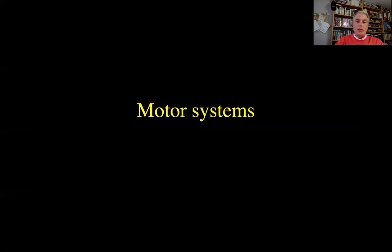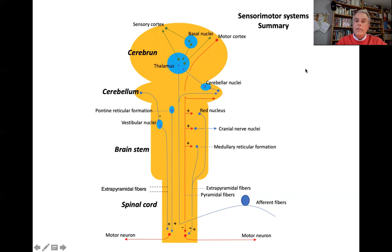So, motor systems. For a summary of the motor systems, I think this scheme is quite interesting. We have afferent fibers, and information is getting into the central nervous system. From there, it travels up to the thalamus and cerebellum. The cerebellum connects with cerebellar nuclei that project to the thalamus, so the thalamus is informed. The thalamus projects to the sensory cortex, and from there to the basal nuclei and back to the thalamus. This feedback continues until the information is